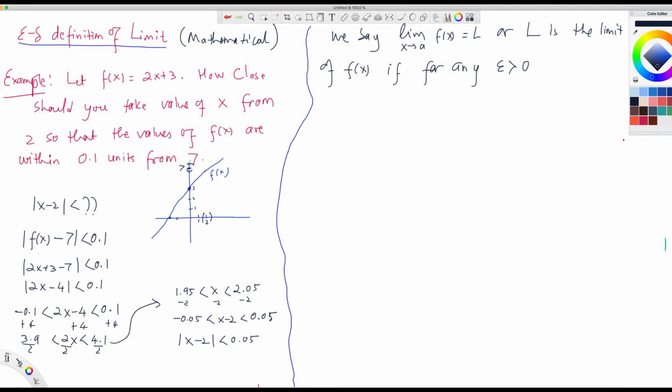The epsilon can be 0.1, 0.5, 0.01, anything. For any epsilon greater than 0, there exists